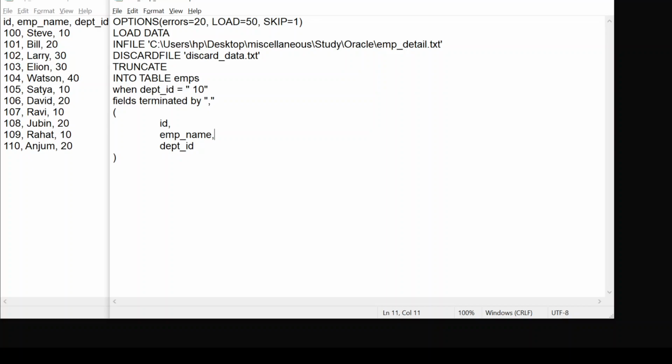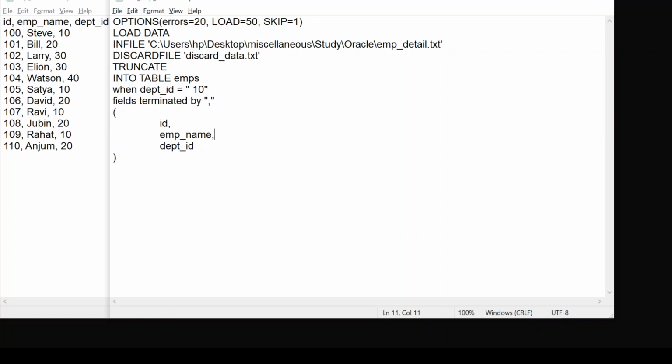And this is the condition. This is optional. It is used if we only have to load the data where department id is 10. According to this logic, it will insert or load only those records which have the department id field equal to 10.